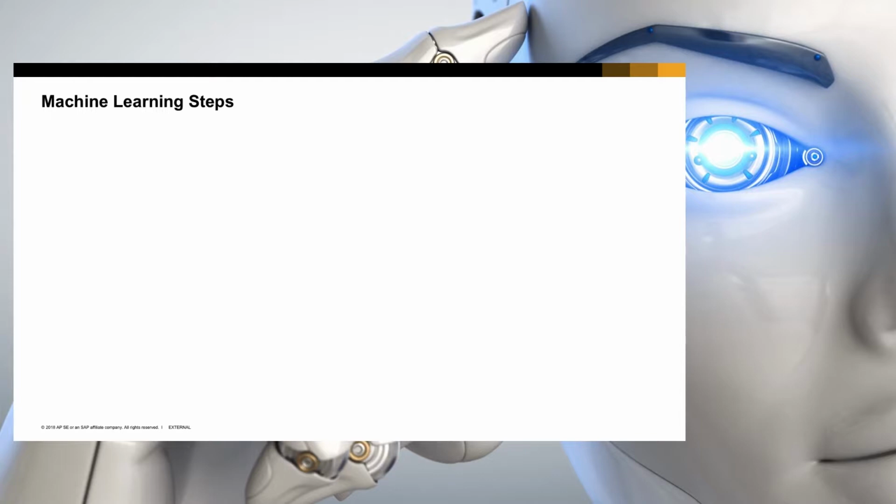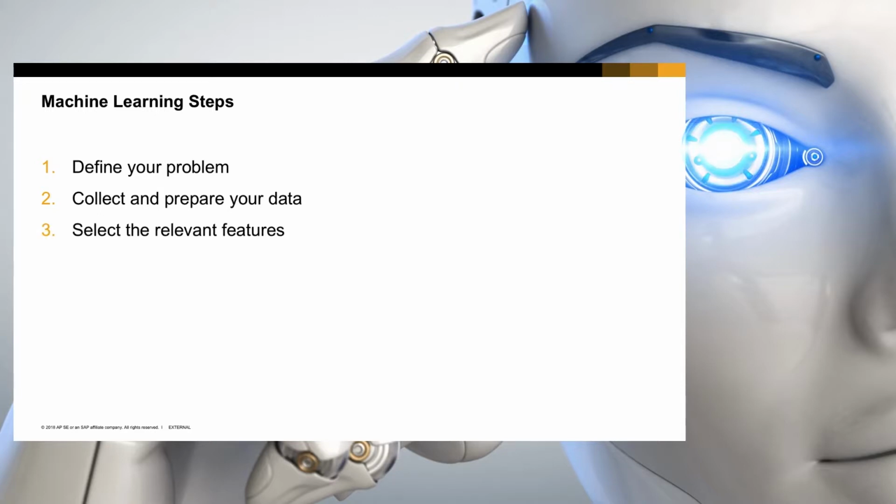This already includes step 1 to 4 of the classical machine learning steps. Number 1, define your problem. So we wanted just to identify different facial expressions like a happy face or a sad face. Number 2, collect and prepare your data. We are using the input of our webcam to collect the input data. Number 3, select the relevant features. We are starting based on a pre-trained model that identifies the features of a face. Number 4, choose your machine learning algorithm. Simply speaking, we are using a machine learning classifier.